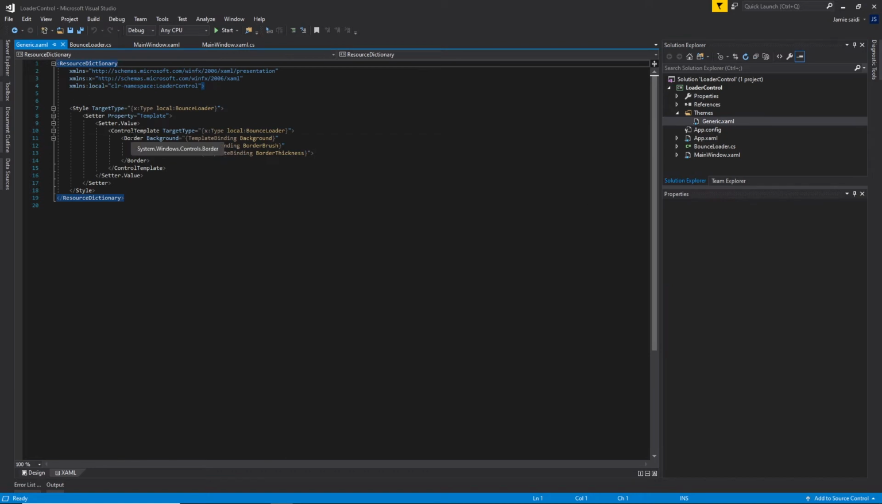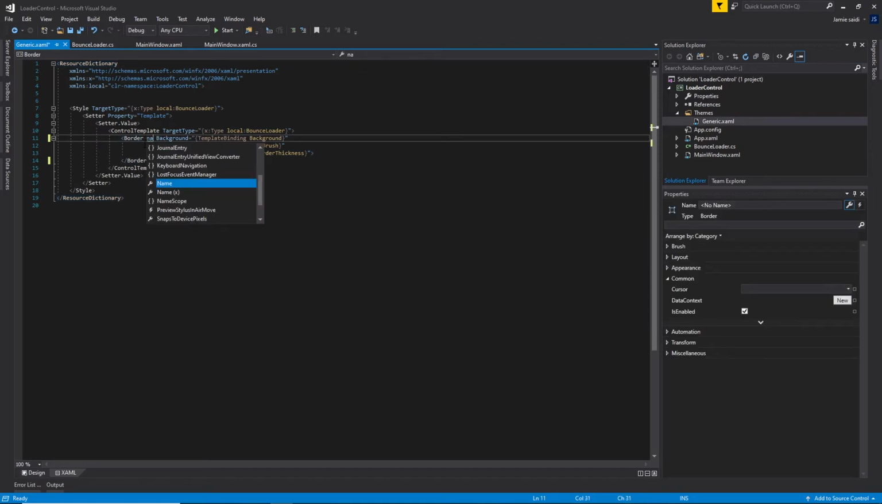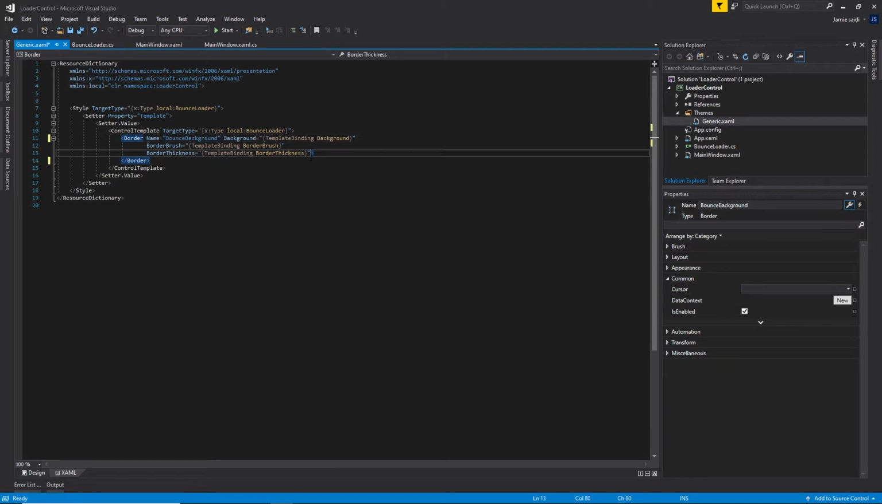Now, within our style, we already have a border set up here, so I'll just go ahead and give it a name. I'll just give it a name of bounce background. And I'll set its width to 200 and its height to 10. Then I'll set its corner radius to 5. Okay. Now within our border, I'll add in a rectangle